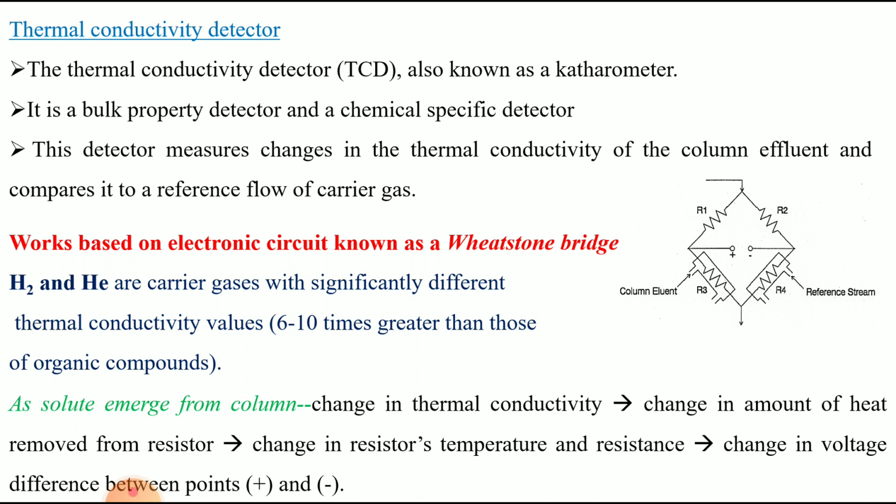change in the resistance. When we have injected the sample, it passes through the column, and when it enters the detector at the R3 resistor, because of these analytes, the resistor's resistance will change, and the thermal conductivity or temperature generated by this resistance will change. At that time, a thermal conductivity difference or temperature difference will occur between the R3 and R4 resistors, which will be measured by this thermal conductivity detector.